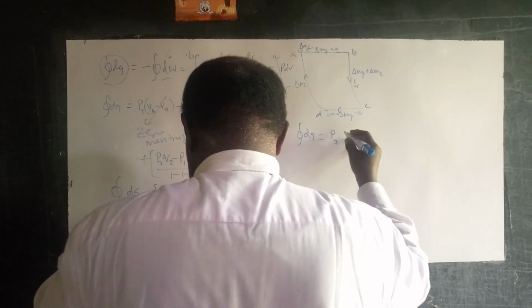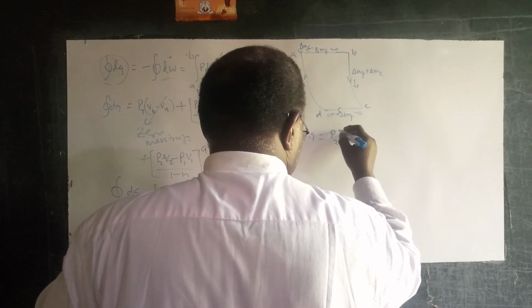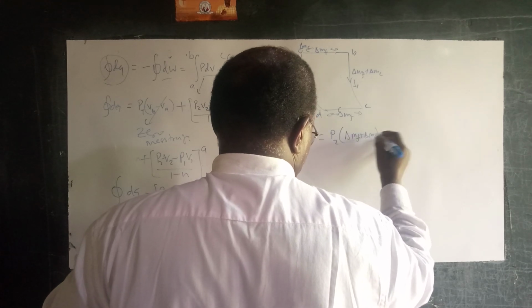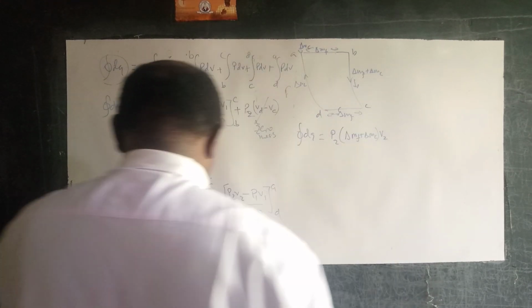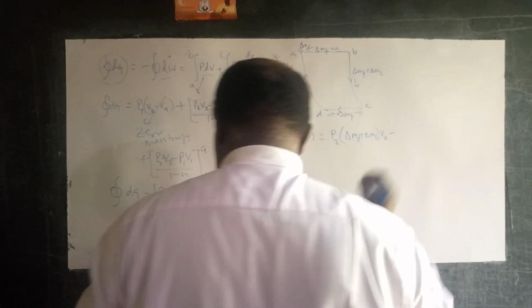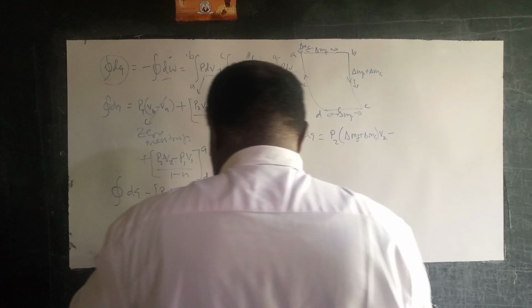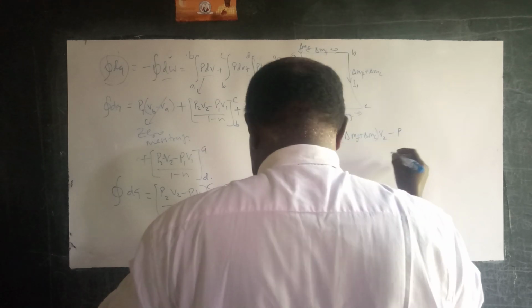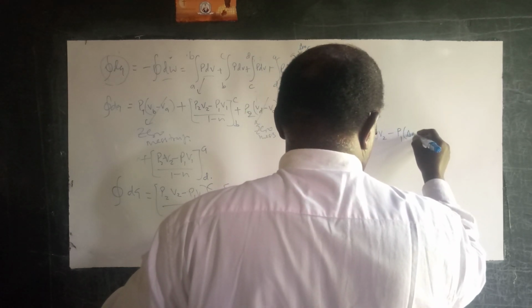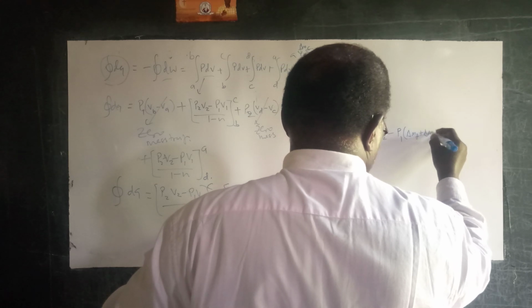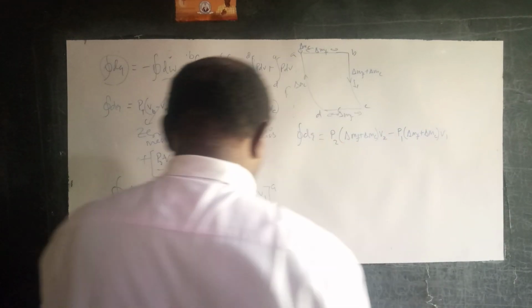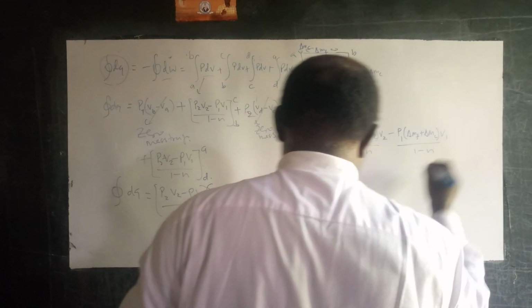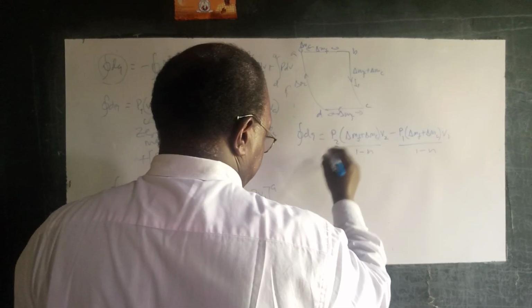For state point C, that would be delta mf plus delta mc into V2, minus, for B, P1 delta mf plus delta mc V1. All these are over 1 minus n, then plus,